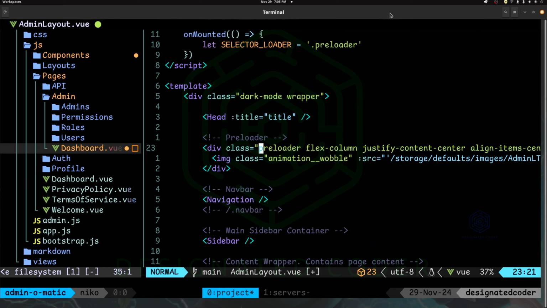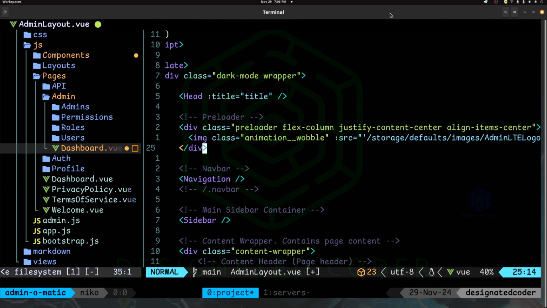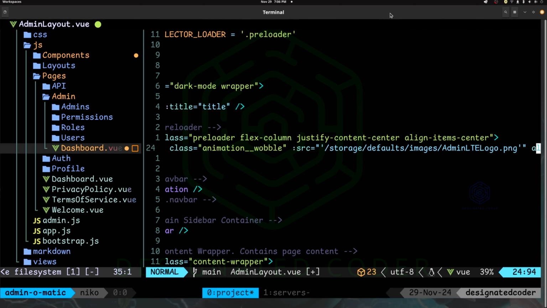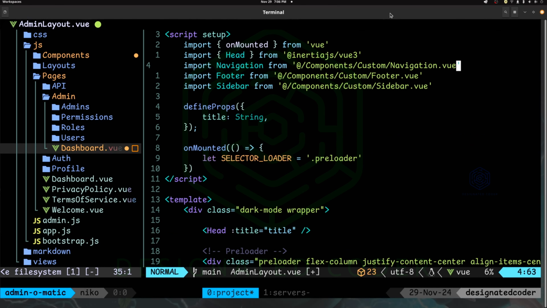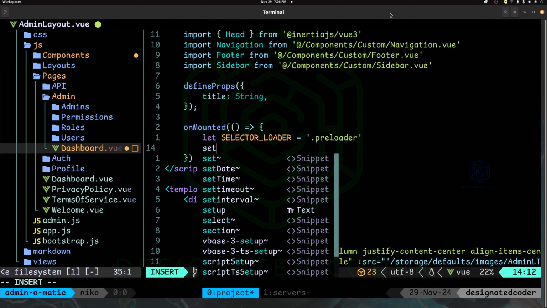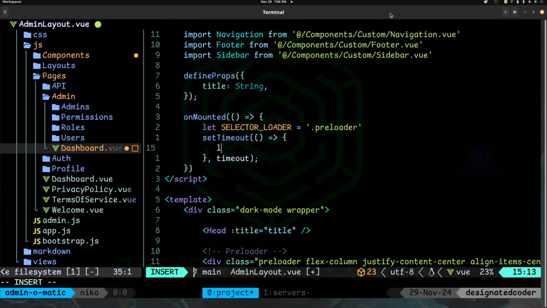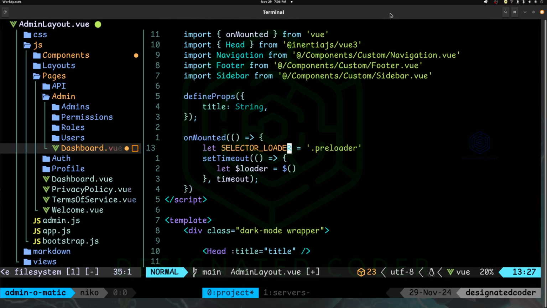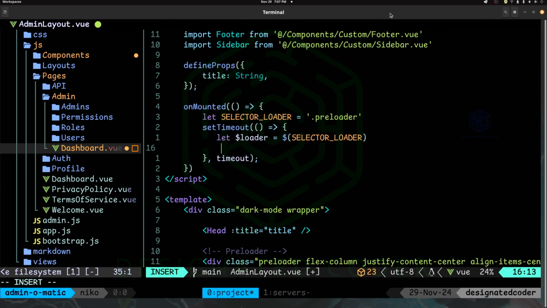We have a preloader class in here with some flexing assigned to it. And then we have the image for the little wobble. All of that looks good there. Let's continue on with the function. We're just going to set timeout. And here I'm going to let loader equal. And I'm going to come up here and grab this variable, paste it in here. And then we're going to say if